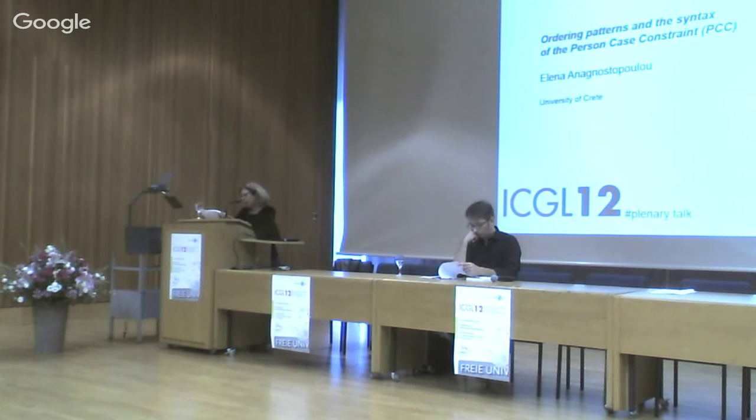Now, in Romance, it seems to be the case that the direct object, indirect object ordering is an old pattern, and the indirect object, direct object ordering is a modern pattern. And most of the languages have shifted from a direct object, indirect object pattern to an indirect object, direct object pattern. But even though clitic languages vary a lot with respect to clitic ordering, what kind of clitic orders they have, and how exactly clitic serialization works, they do not vary with respect to the PCC effects. All Romance languages and almost all clitic languages have them.